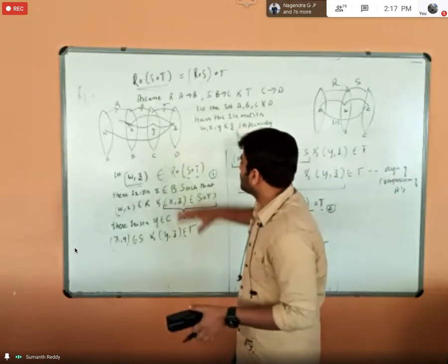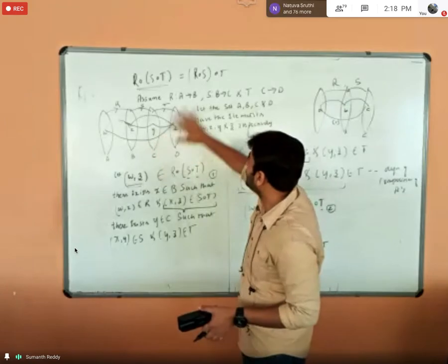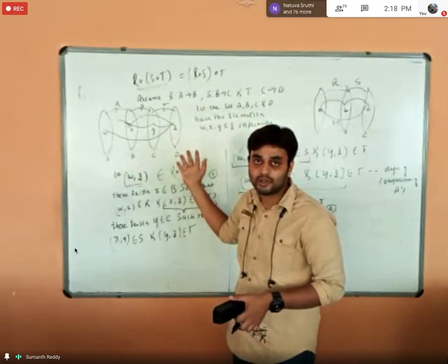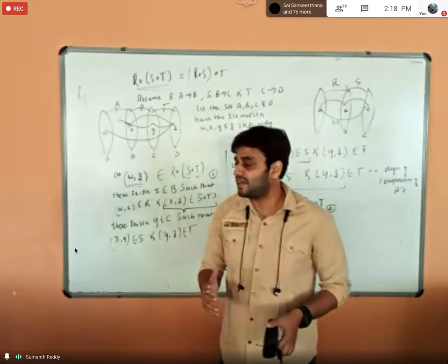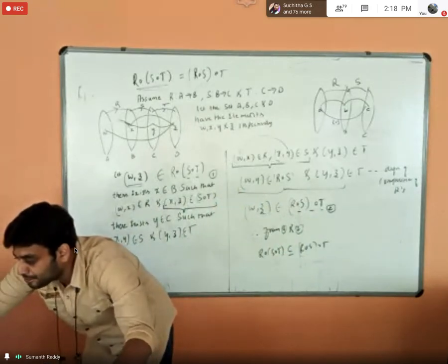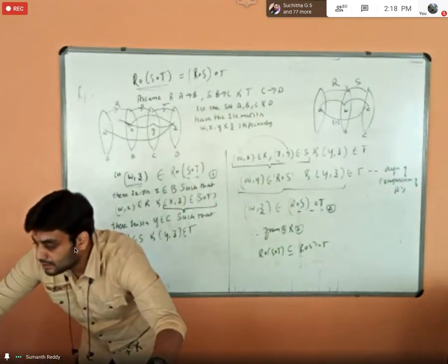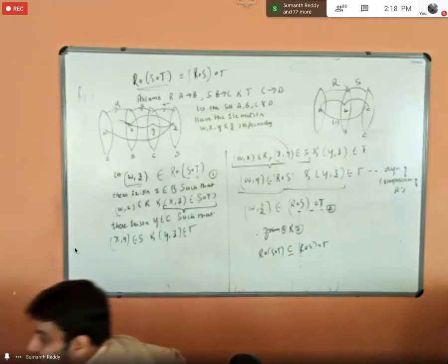As I have told you, this is one part of the theorem. The other part is you have to start by considering the element belonging to the RHS. You have to write a different diagram. I think it will be the same thing, so when you refer to the notes, you can understand. Is there any doubt, students? Have you understood the theorem properly? Students, please answer me. Have you understood the theorem correctly?